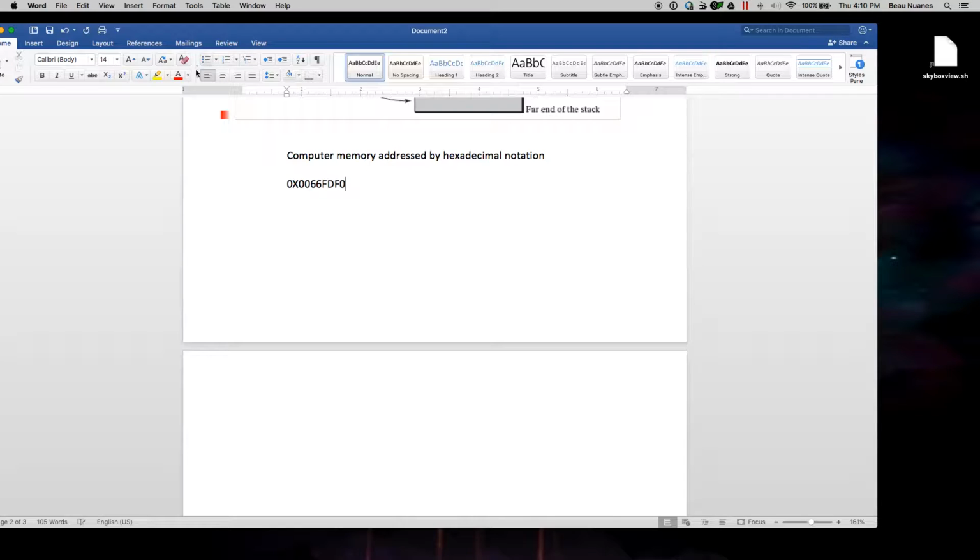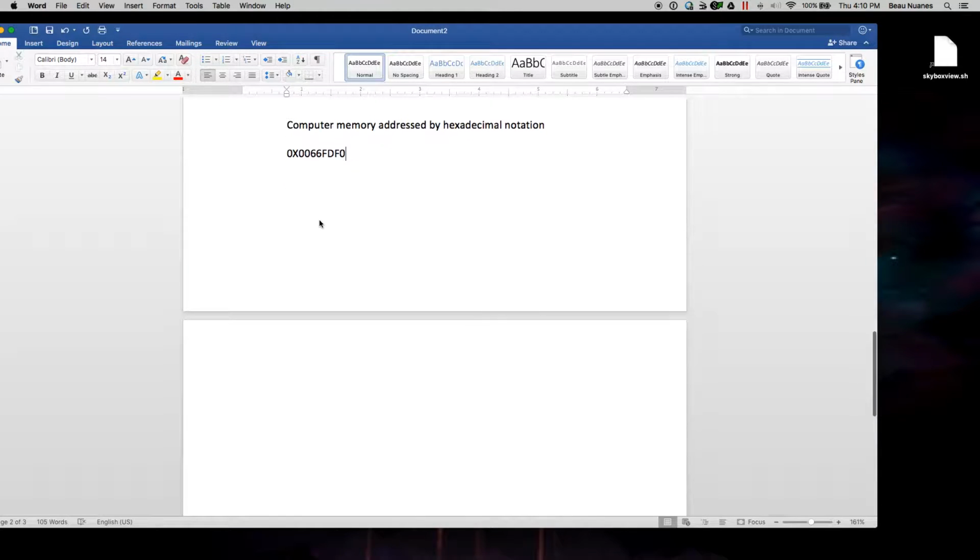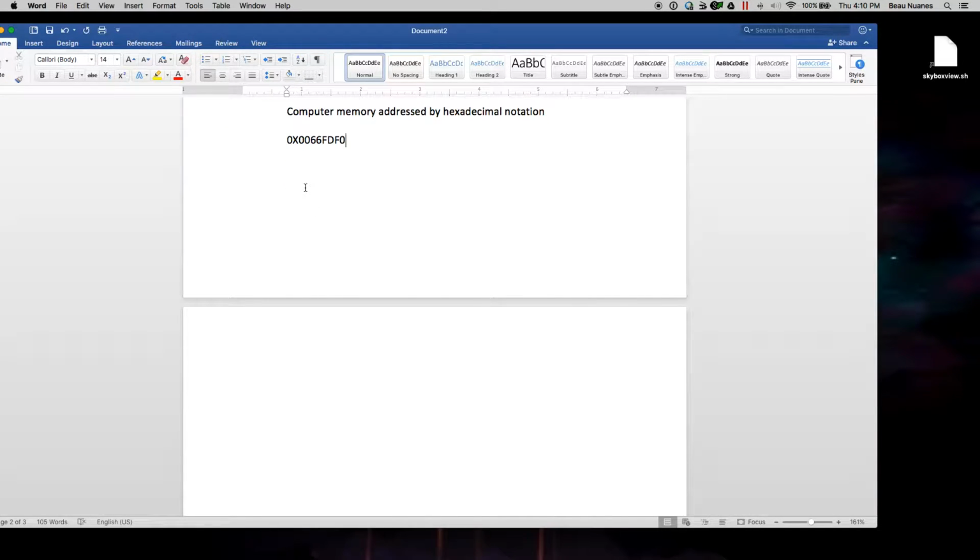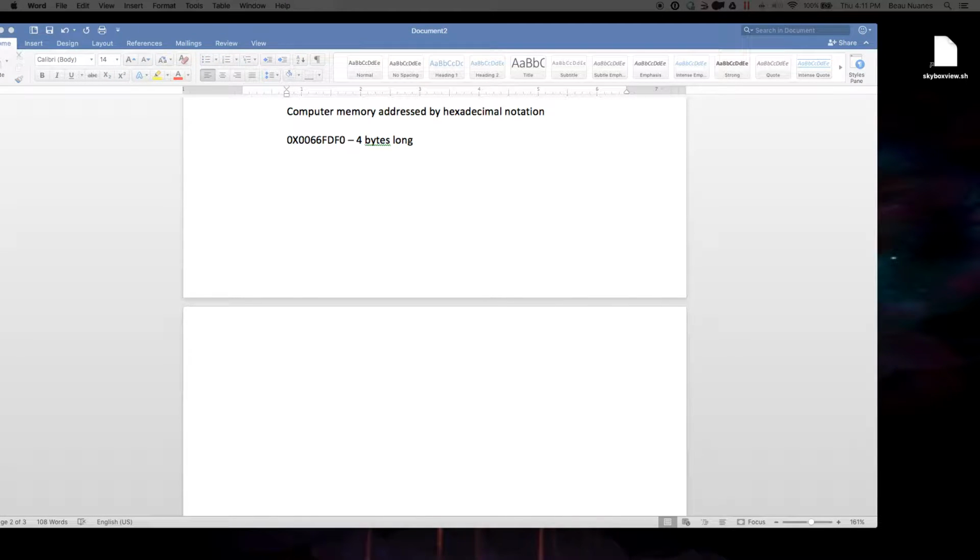So hexadecimal is a numbering system that accounts for 16 different values, 0 through 9, and then A through F. So that's why you see a mix of numbers and letters. And each of these addresses in hexadecimal notation is 4 bytes long. Okay, so then looking back at a figure that adds another element to things, which is